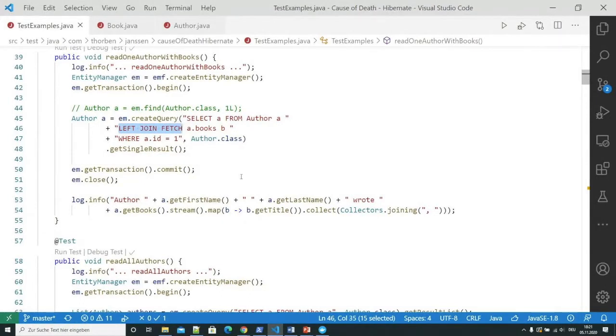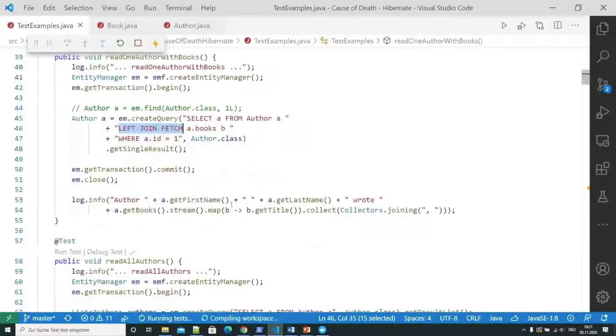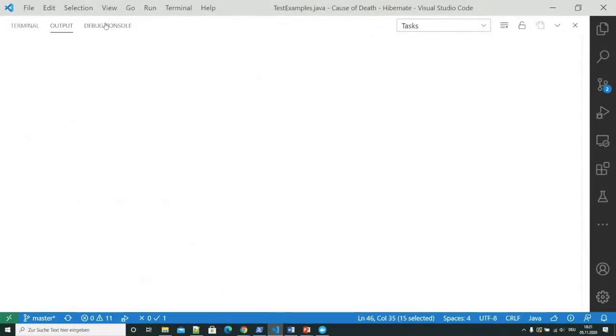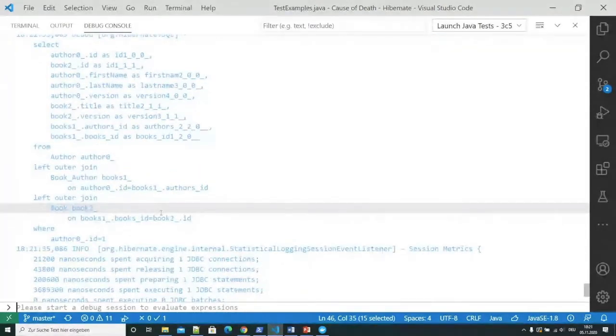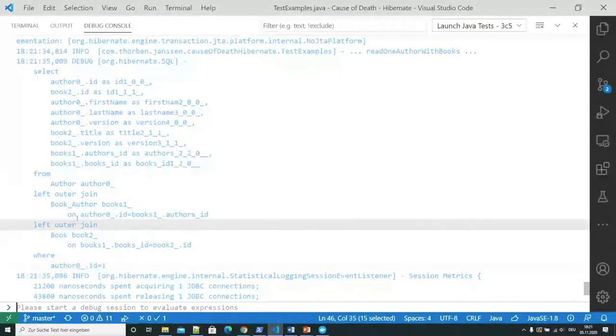Both of them tell Hibernate to initialize the association when fetching the author from the database. So by adding the left join fetch clause here to the query, you will now see that the test case passed. And if we take a look at the log file, you can see here that we have basically the same query as we had before when we activated the eager fetching for the association.